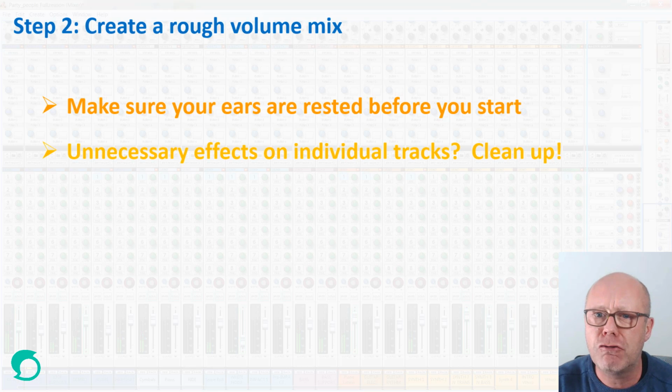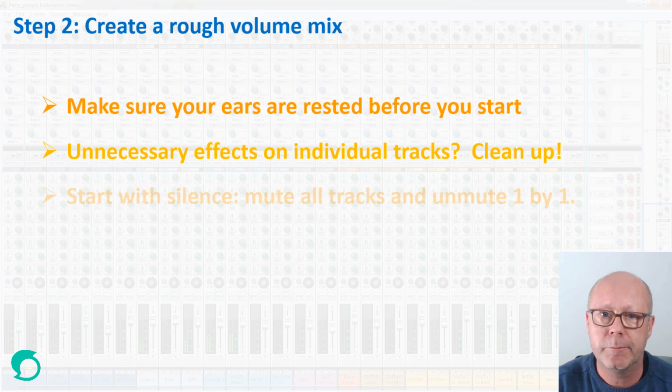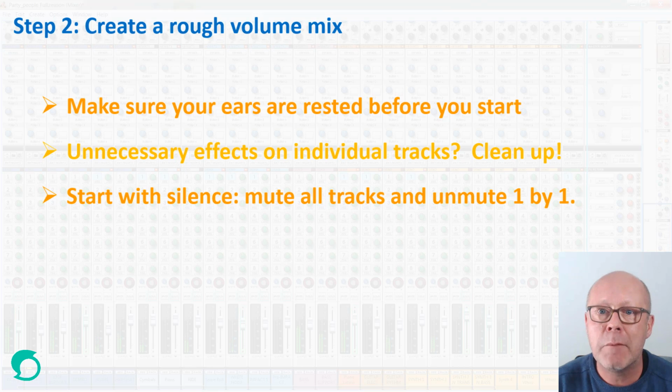Then, check on each track that there are no unnecessary effects, especially reverb. Reverb can mess up a mix quite effectively, so if you have reverb which is not really necessary, get rid of it. Start your volume mix by muting all tracks, and then unmute them one by one while adjusting their